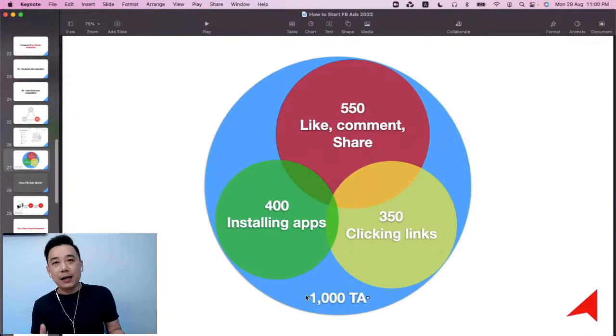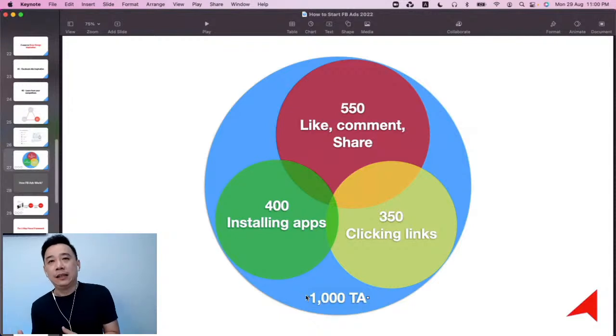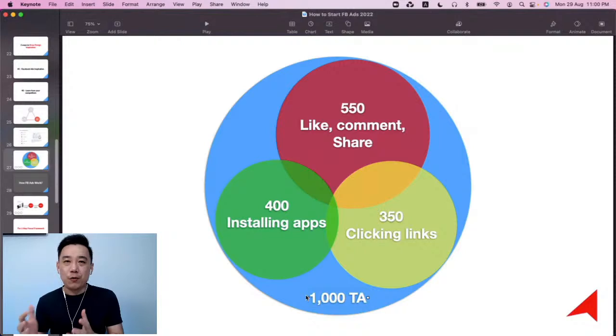Some people will argue, they will start there, right? Like, comment. No, trust me. People who are into liking, commenting, and sharing are rarely clicking into links. But if you want to really get people to go to your website and buy, then you have to be very clear about what you want, because that will send the message to Facebook about, hey, I think this guy's looking for this. If you send the wrong message, they will send you the wrong people, and in turn, you will blame Facebook for that. But hey, you chose the wrong objective in the first place. So that's what I want to really highlight to you, that you've got to start with the right objective.